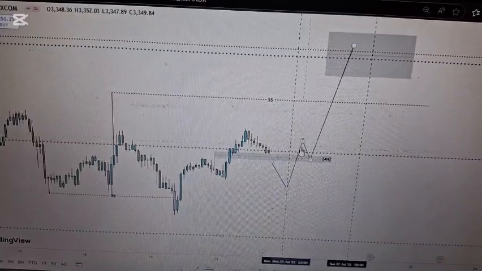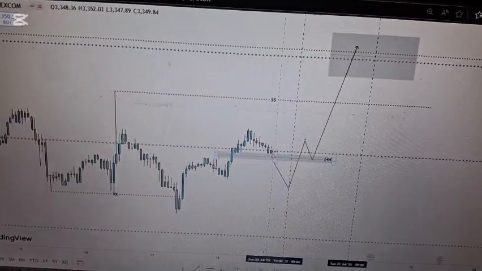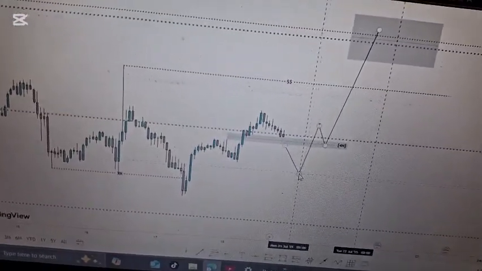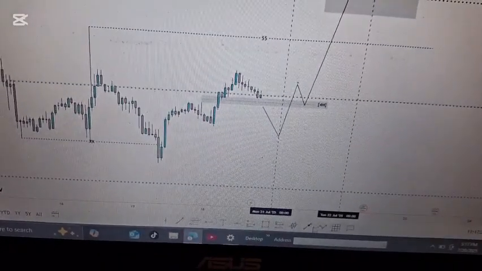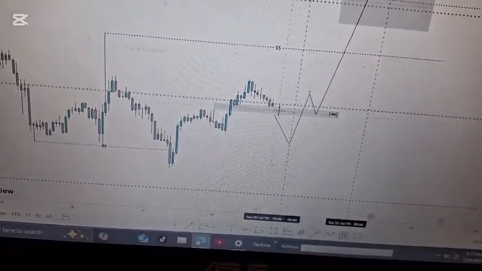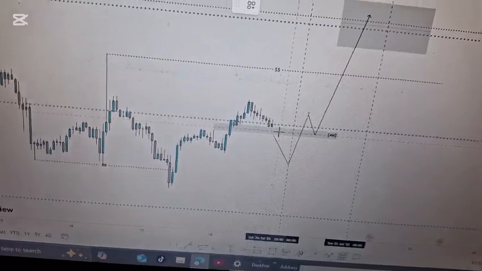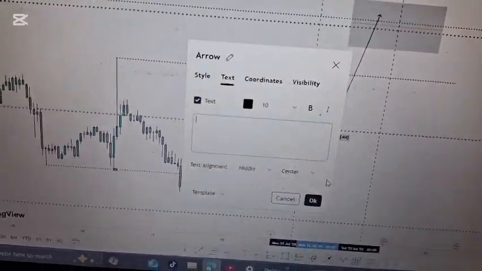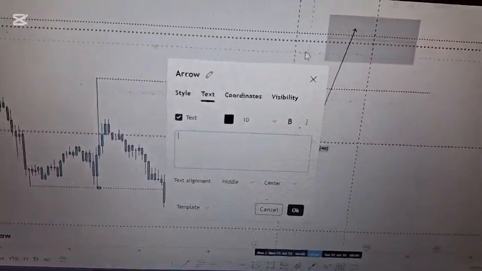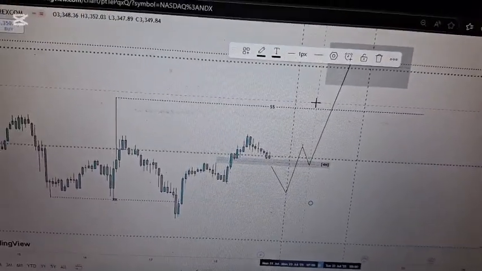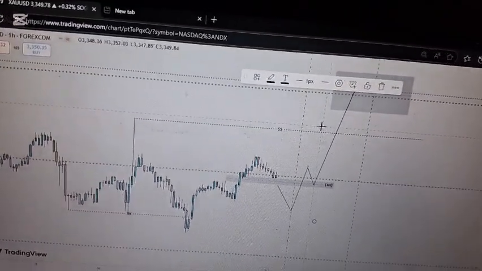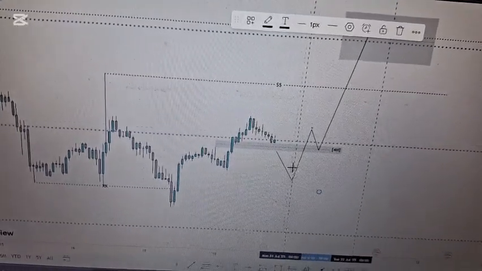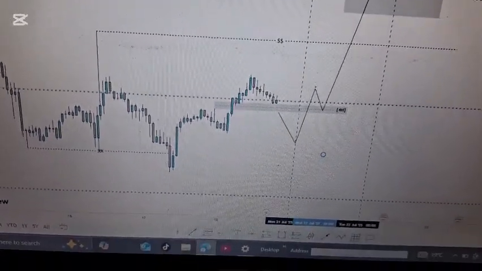Here, once it opens, hopefully it does something like this. I'm not saying it's gonna do this exactly, I'm just anticipating. It might just from here go up. But what I'm expecting next week is for price to go up. That's what I'm expecting. But I want you to remember something. If price is gonna go up for the whole week, since I have time, because I'm doing just one pair, I'll try to explain certain things.